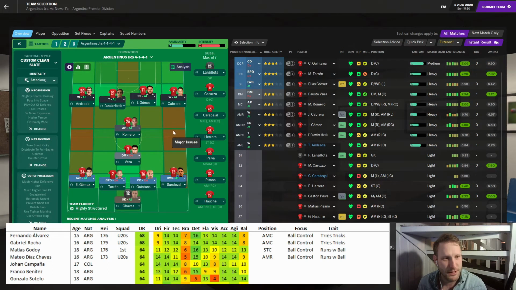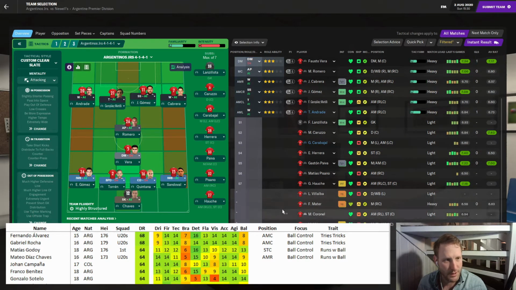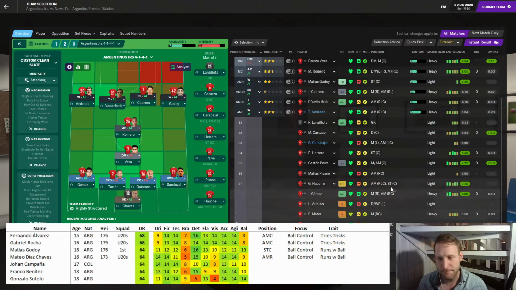This is the team they want us to go with. I would like to get Gomez. No, not Gomez. I haven't learned all the names of these players yet, so that is a bit of an issue. Where is my young striker? Matias Godoy, not Gomez. Godoy is his name. We're going to try him out on the right, and then we are going to try Cabrera there. So I think this is the team we are going with.